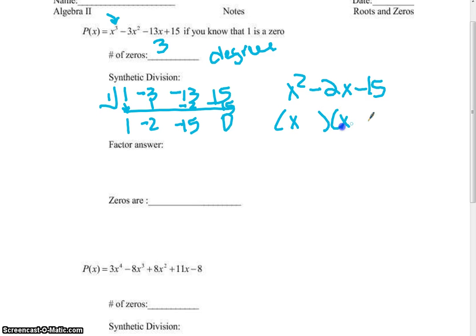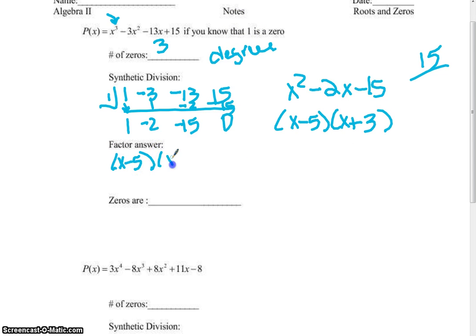Signs are going to be different. The largest one is negative. And the factors of 15 that when you subtract give you 2 are 5 and 3. If you can look at it like what I just did and come up with your factors, that's fine. If you need to come over here and list the factors of 15 and use your sign rules, that's okay also. So now we know that our factors are x minus 5